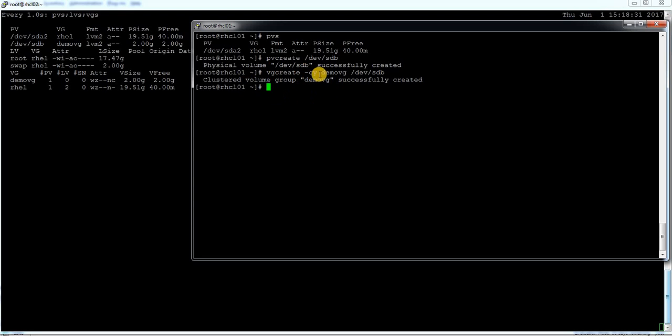So once I create this VG, you can see demo VG is created, and you can see the flag NC. C stands for cluster. And next I need 2 file systems, like I told you. So what I'm going to do, currently there are only 2 LVs which are running under RHEL, and I'm going